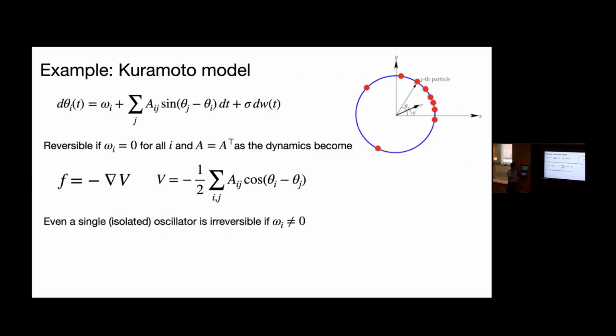Okay. Another example, also somewhat related to neuroscience, is the Kuramoto model. So this is a limit cycle oscillator where you just go around the circle and they're coupled and they can go in phase and out of phase. We know that it's reversible if there's no internal frequency. So if you have coupled oscillators with symmetric connections and they're not doing their own oscillations, then we're in an equilibrium steady state. Even if you just have one oscillator on its own, if it goes around on its own, oscillatory, then it's irreversible and it's out of equilibrium. So if you're looking at oscillations, you're always naturally in the non-equilibrium paradigm. And again, we can see that symmetry is required for this to be in equilibrium.